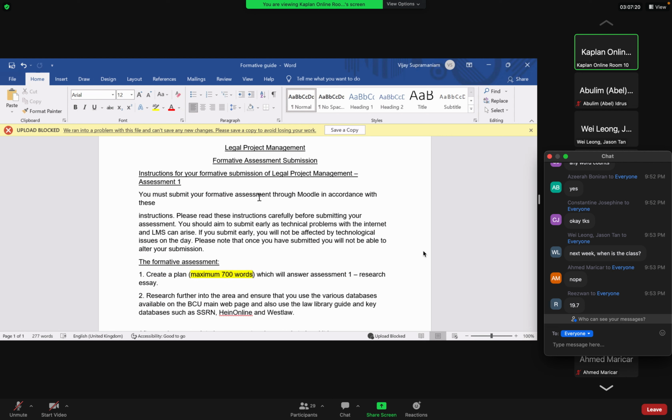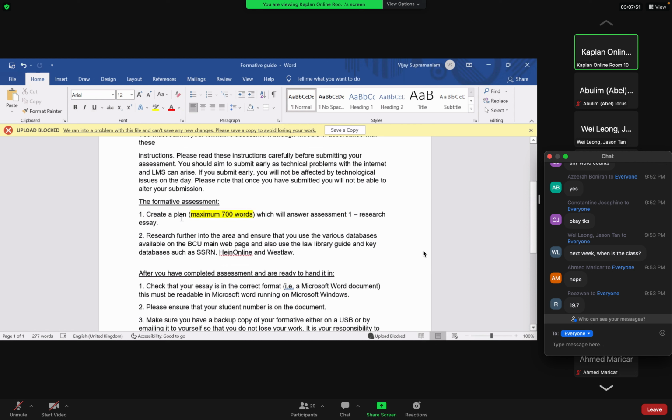I will share feedback. What's the difference between summative and formative? Of course, at this stage, I think all of you will know, but let me just explain. Formative is not graded. It is for you to prepare a draft and send it to us, for us to look at your draft and give you general feedback on how you can improve your work here.